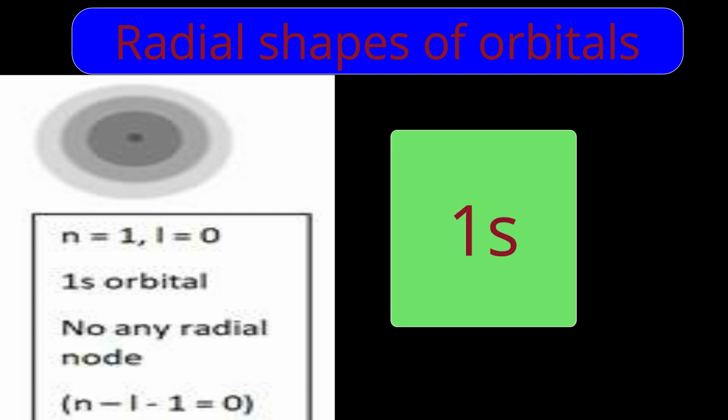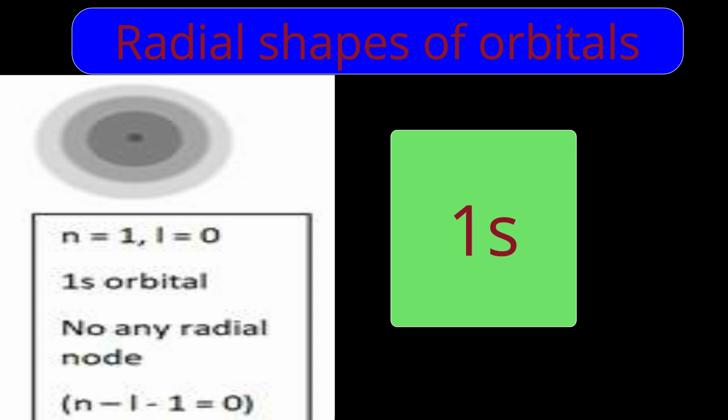Pictorially, orbitals can be represented as follows. Now see, in front of you, I am showing a few orbitals. The first orbital. Here n is equal to 1, l is equal to 0. Can you answer which orbital it is? It's a 1s orbital. L equal to 0 means s orbital, so it is spherically symmetric. At the center there is a nucleus, represented by dark black color.